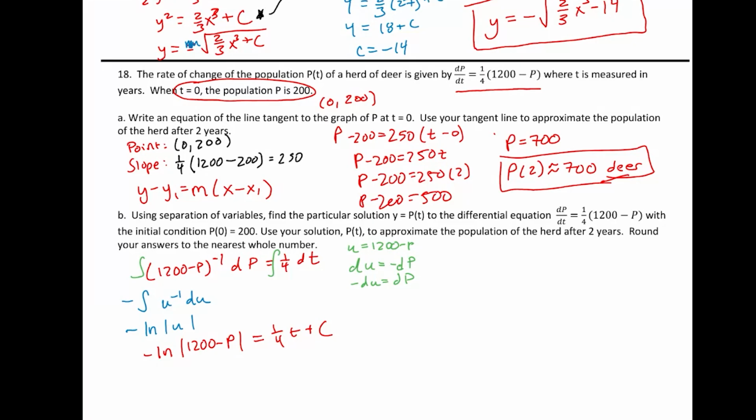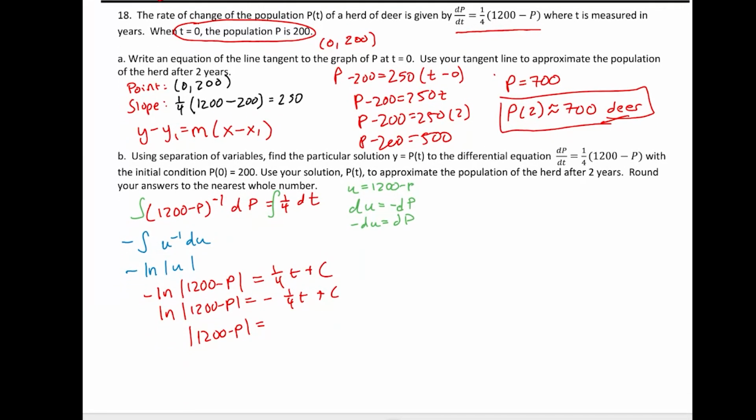To find c, but we still need to solve for p. Okay, we're not really done. We do want to get an equation for p here. So to do that, I'm going to multiply both sides by negative 1. So that'd be negative 1/4 t plus c. And then I'm going to exponentiate both sides, so I get the absolute value of 1200 minus p